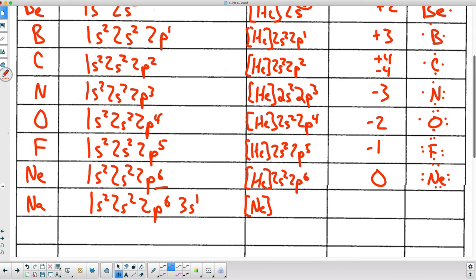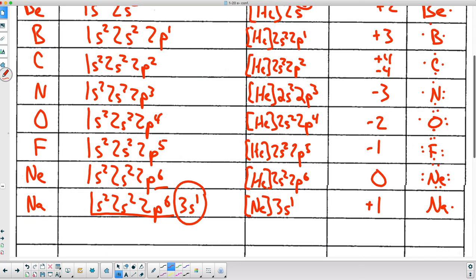So this part right here is neon's electron configuration, which means everything after neon we can use just a 3s1. You can see how this really saves us time in writing electron configurations, or at least not writing nearly as much. And because there's one valence electron, sodium only has one, like that,